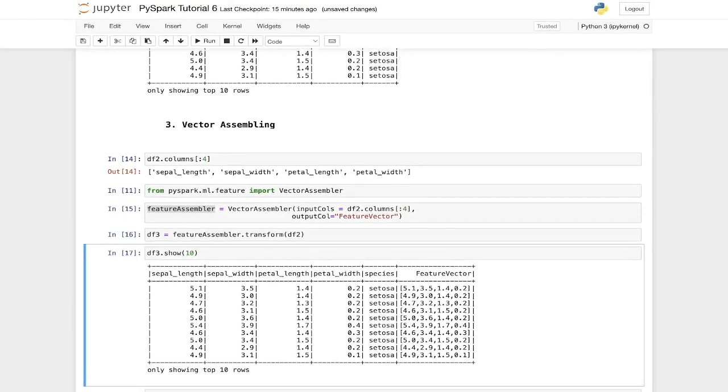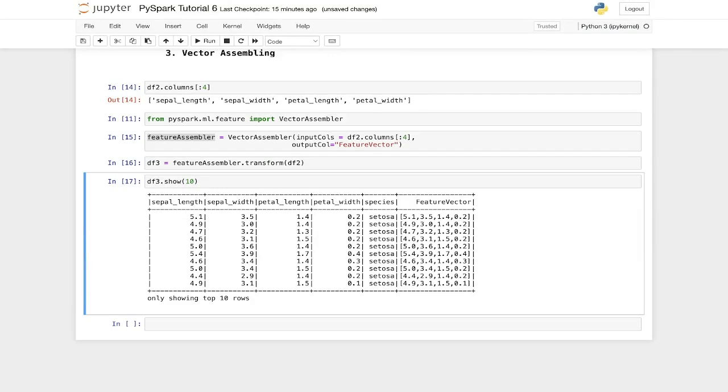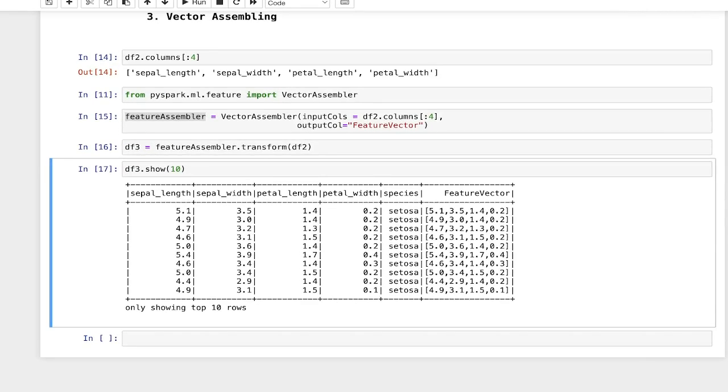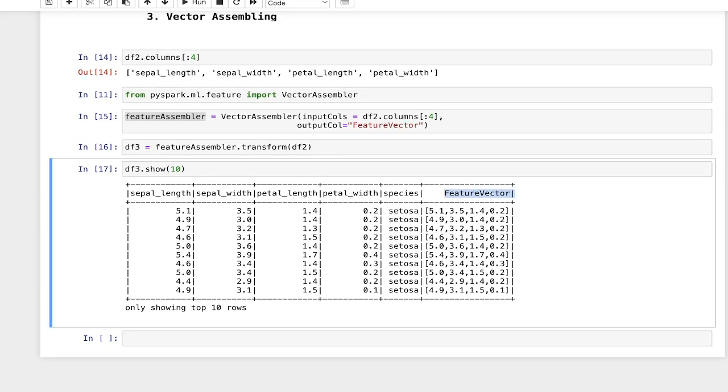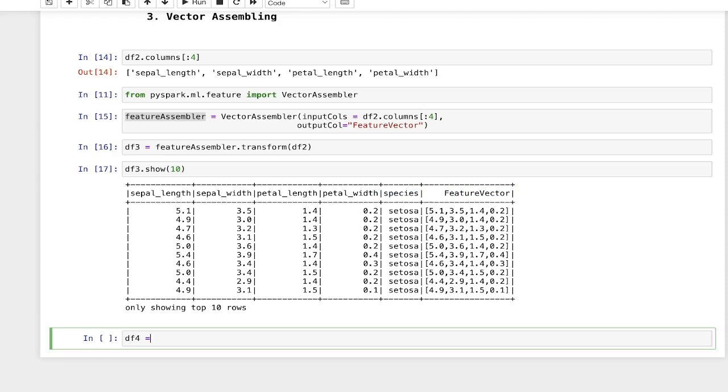Now that we have generated our feature vector, we don't require these individual input features anymore. So we will just drop them, or instead of dropping them, we will create a new data frame which will just include the feature vector and our target column. So here I will say df4 is equal to df3, and from this I will just include feature vector and species.